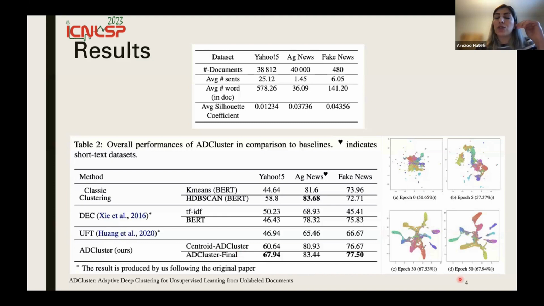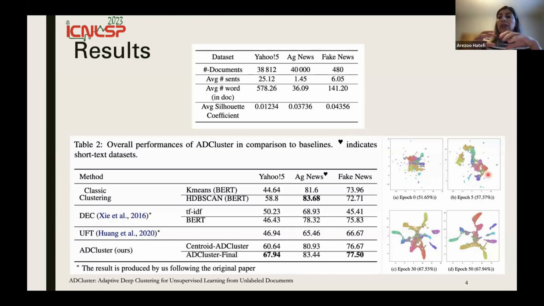And this picture also shows the clustering result for the Xuan-Son dataset over several epochs, and it shows the inner adaptation capability of our model. In the first epoch, as you see, the clusters are not very distinct, and we just have a point cloud.